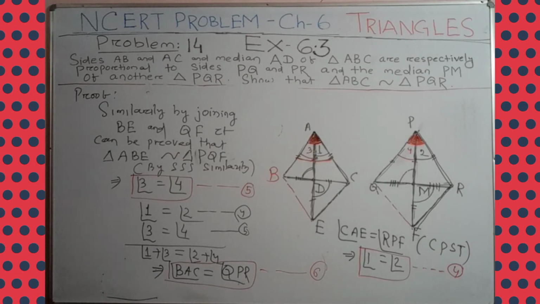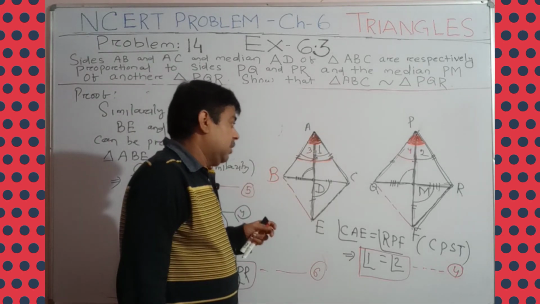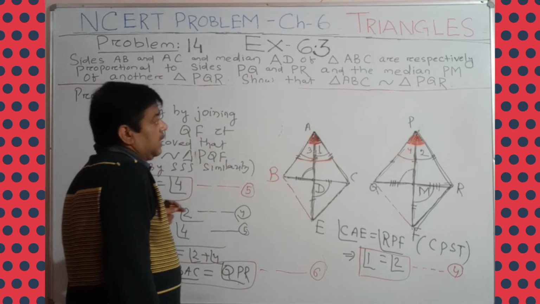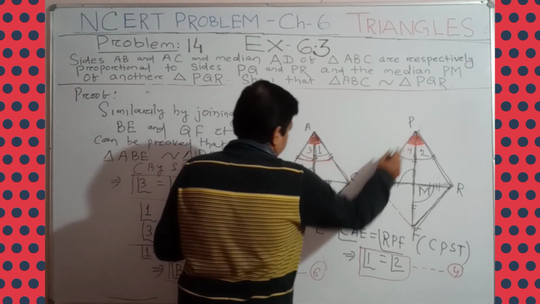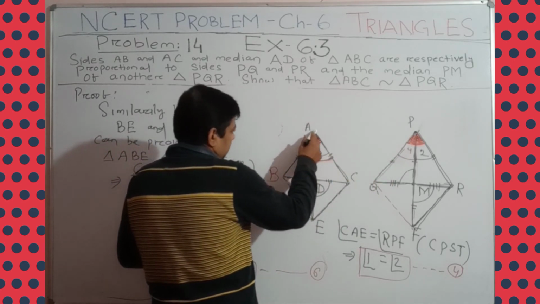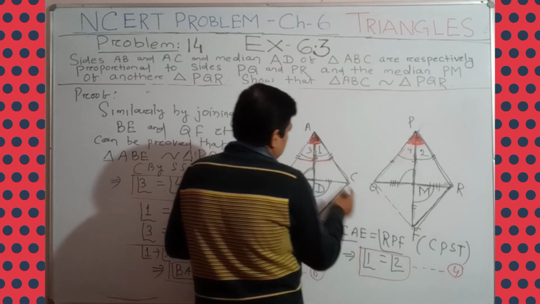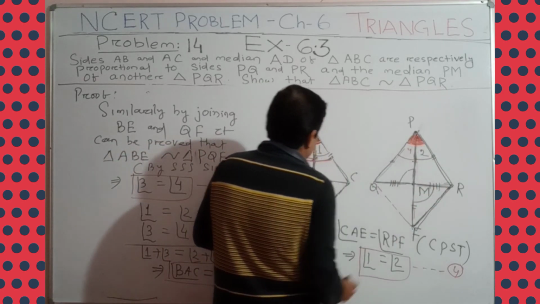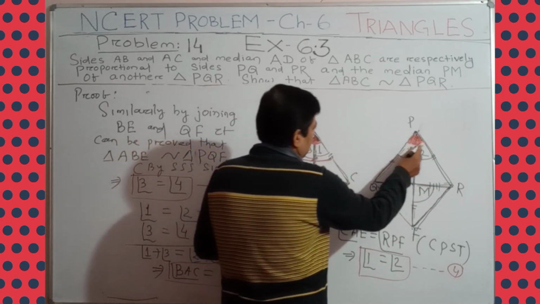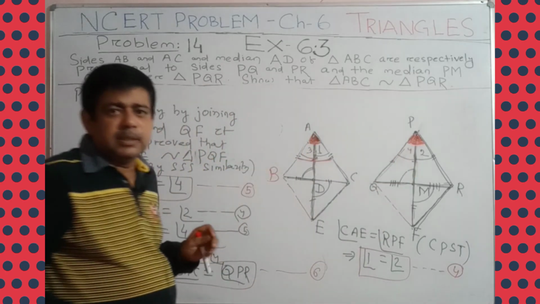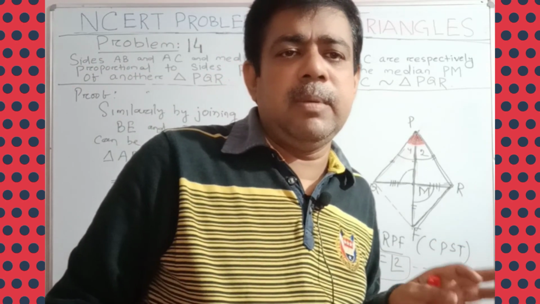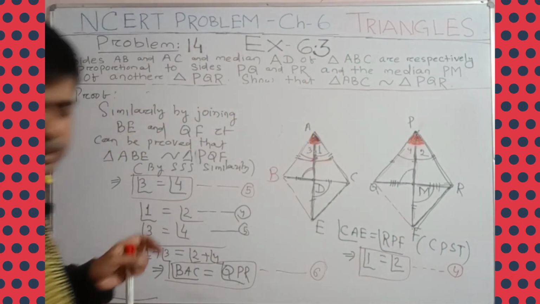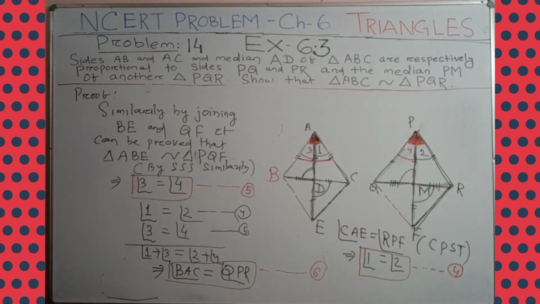Understand up to this? Now how does it help in proving similarity of triangle ABC? So see students, already in triangle ABC and triangle PQR, it is given that AB upon PQ is equal to AC upon PR. And here we proved angle A is equal to angle P. So by side angle side criterion of the similarity of triangle, the triangle ABC can be similar to triangle PQR. Yes or no? Yes? Okay.